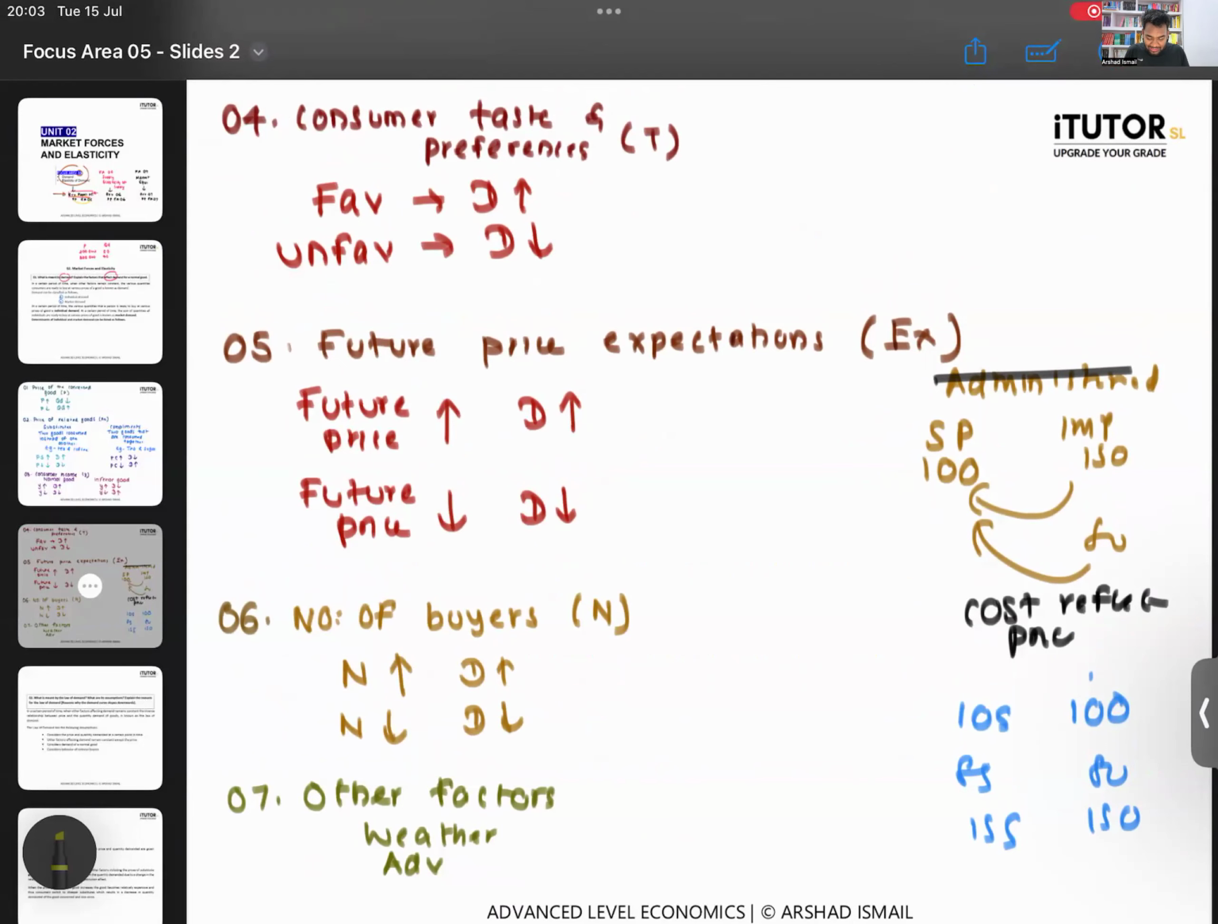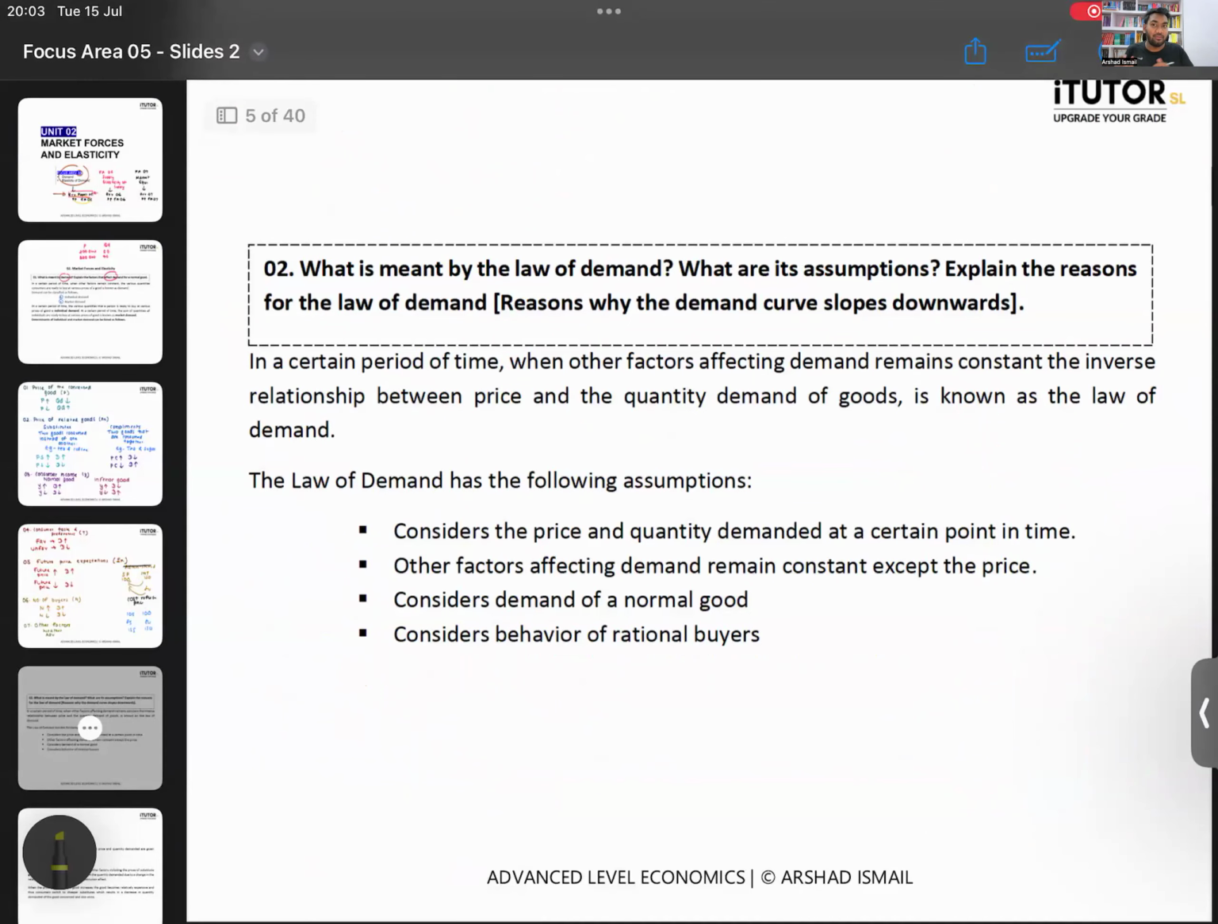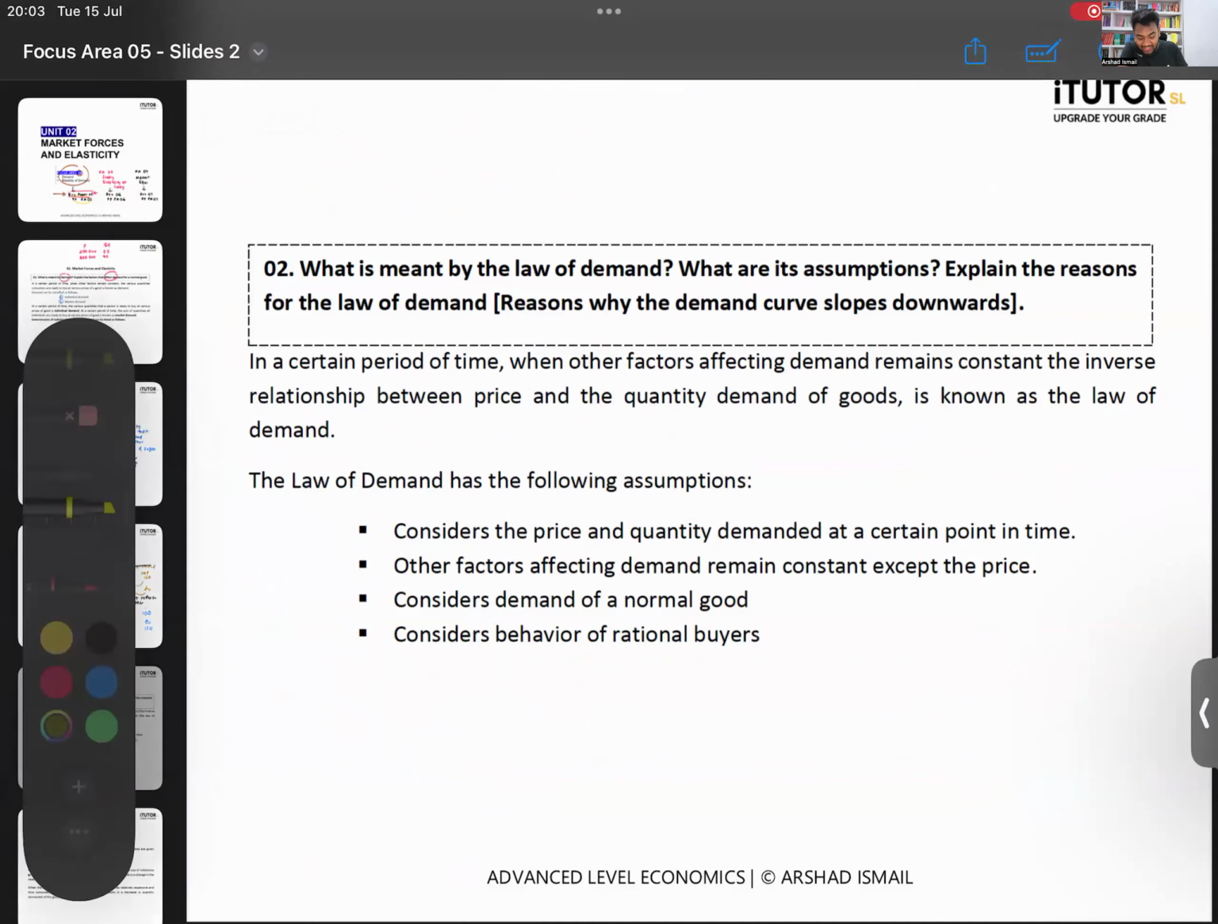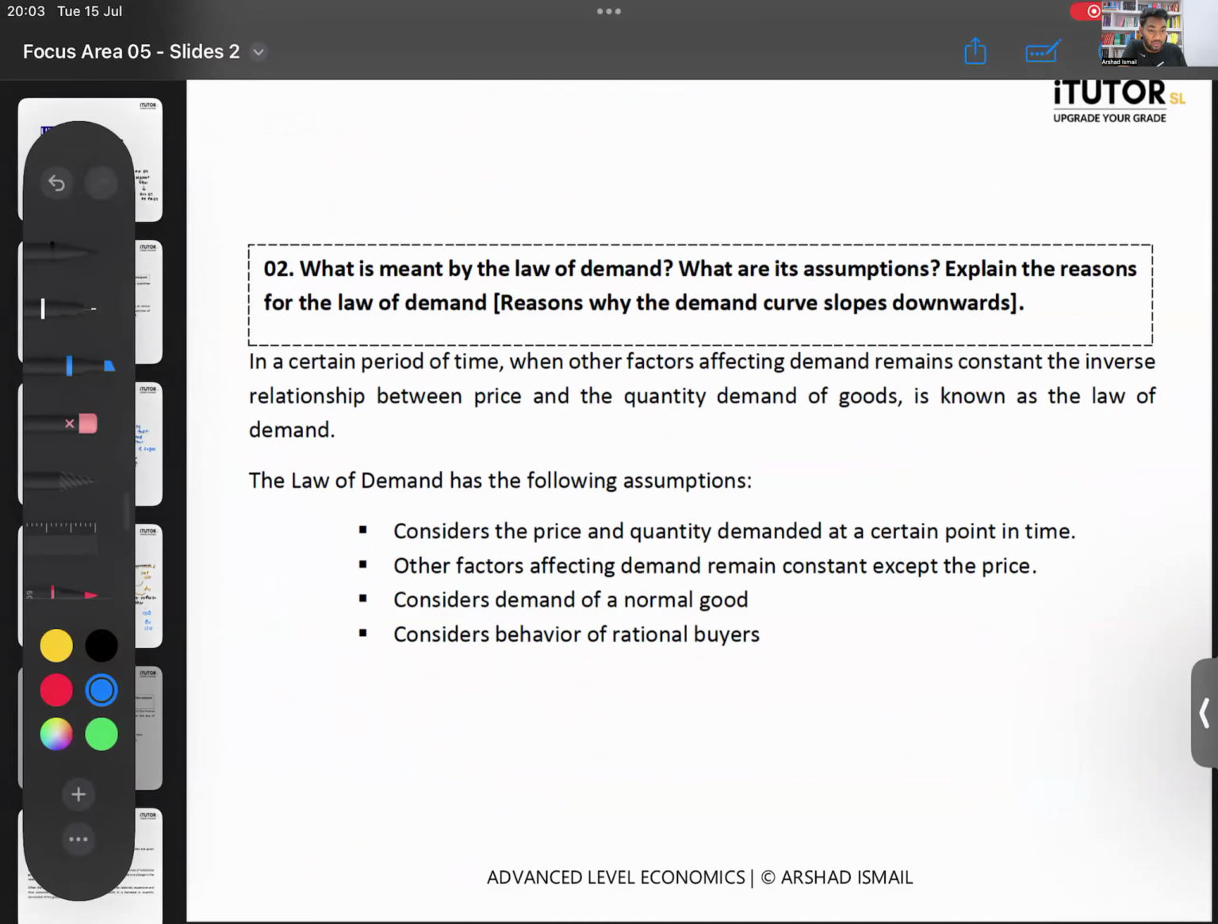Then I will now get into the law of demand. What is the law of demand? Law of demand is something that we already learned. The law of demand is telling us that there is a negative relationship between what and what? Between price and quantity demanded. So when the price of a good increases, quantity demanded will come down. Negative, or we can call it an inverse relationship. Same way, when the price goes down, QD will increase when other factors